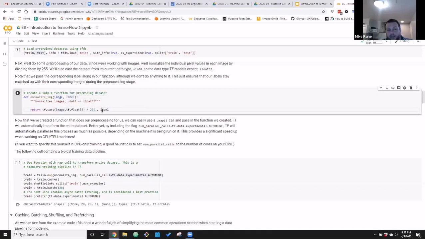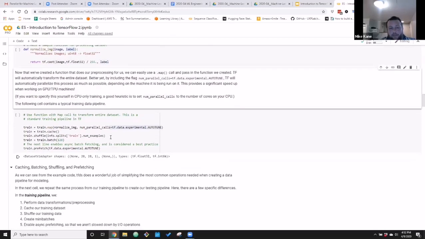Now you'll notice labels here too. Why is label here? Well, label is here because in the pre-processing, this is a way to make sure as things get chopped up and moved around through the map call that the image stays with its corresponding label, right? It's the buddy system. So this way we can make sure that, if this is a picture of an 8, the label that says it's an 8 stays with it. It doesn't get lost in the shuffle, okay? But you notice we're not actually doing anything to the label there.